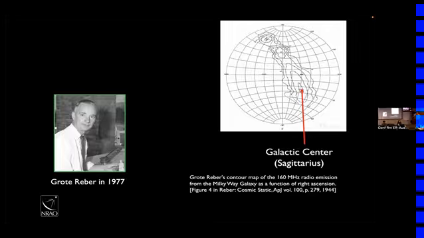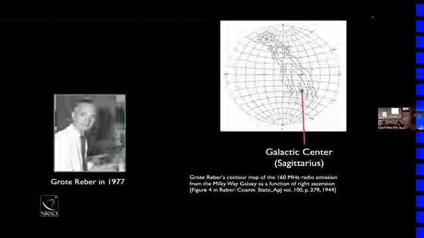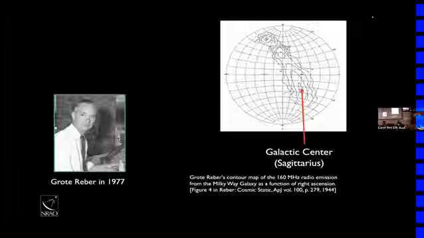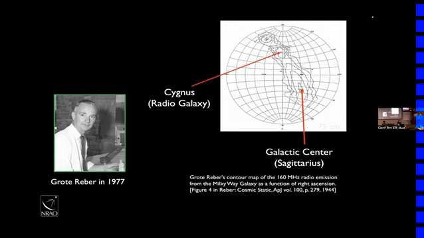At this time, it had been recognized by astronomers that all these things in the sky that were called spiral nebulae, there was a big debate that happened, right, in the 20s about whether these things were nearby or very, very distant. And it was figured out that, oh, in fact, they're very distant. The universe is much bigger than we thought. But this is the center of our galaxy, right, where we live. And it's in the constellation Sagittarius.